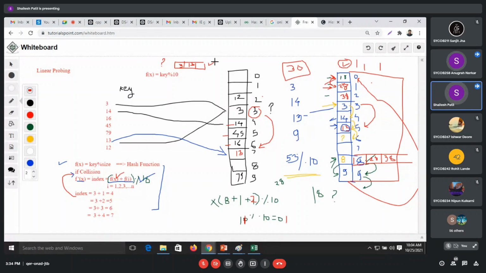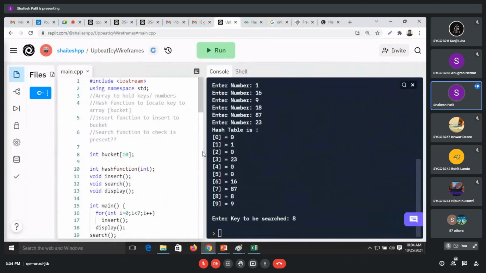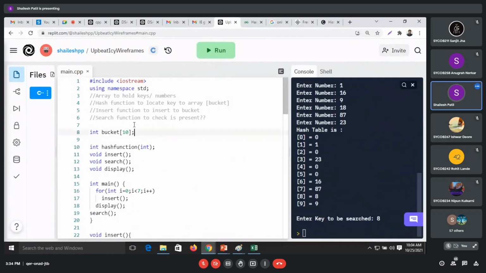Okay, so that's all. If everything is full, you found out a solution for how we can find that out. That's the final solution, so this assignment we did with linear probing. This part I will share with you, and we'll complete this particular part.